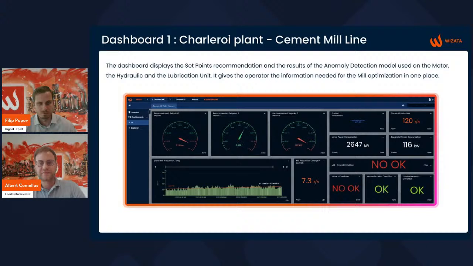And at the bottom right, where you see this okay, not okay, this is the outcome of the anomaly detection system. So the two OKs are the auxiliary systems, the lubrication and hydraulic system. And you also see a not okay. This is in fact coming from a different analysis on the motor, the result of a vibration analysis on the motor. It's a case on the side of the recommendation. This is to show that in a dashboard we can combine and display outcomes from different executions to have an overview of how the production is going.